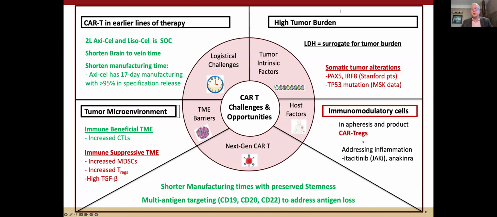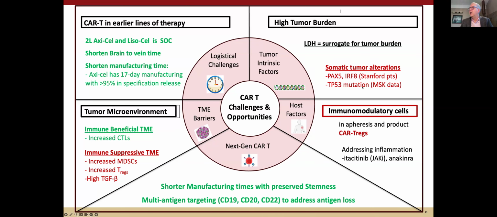So today what I talked to you about is using CAR T cells in earlier lines of therapy, that the second line axi-cel, liso-cel is now standard of care. It's very important to be seen early before the tumor burden is large, and shortening manufacturing, having higher success in manufacturing is critical to the patient's benefit. Didn't talk too much about this, but LDH is a very good surrogate for tumor burden. And those of you with lower LDH have less tumor and less concern and higher opportunity to be cured by